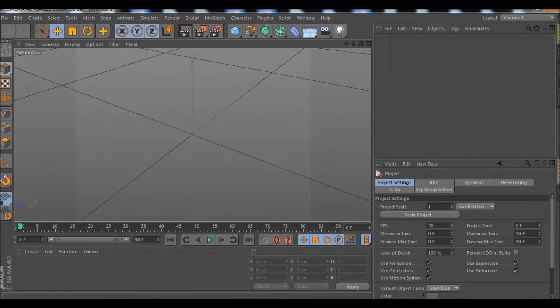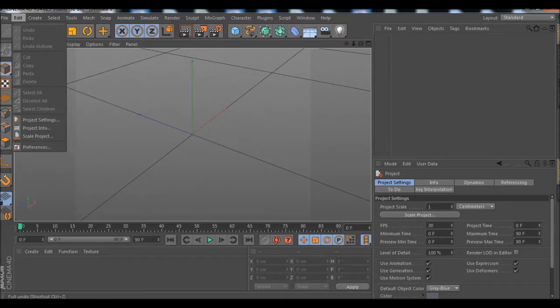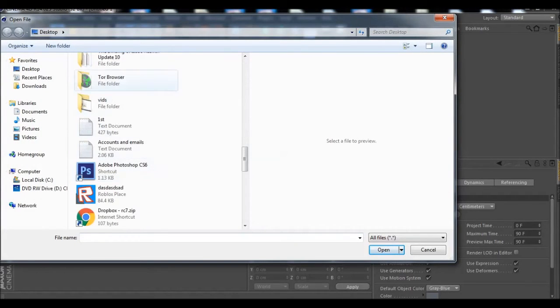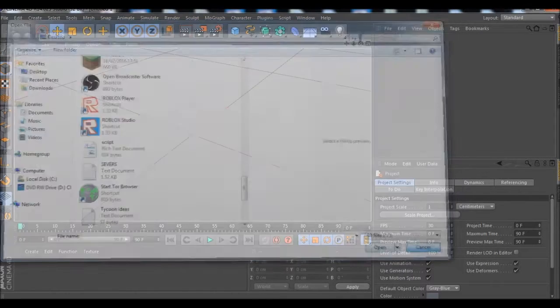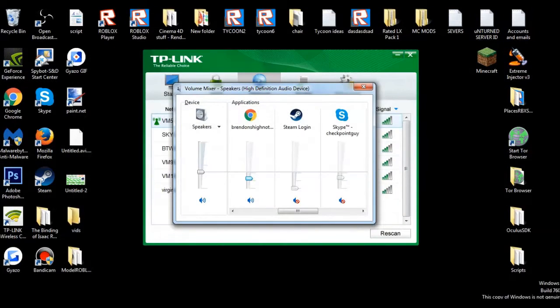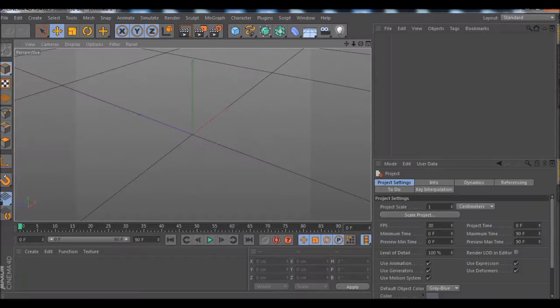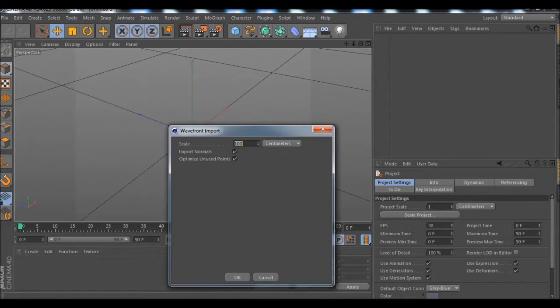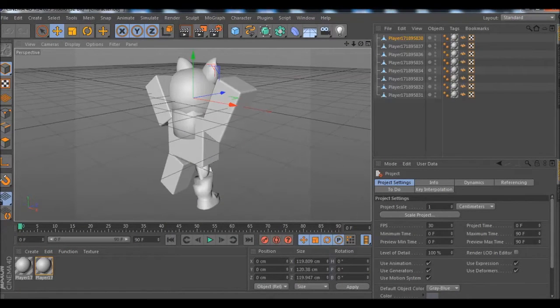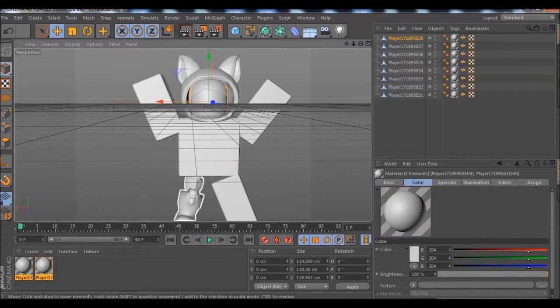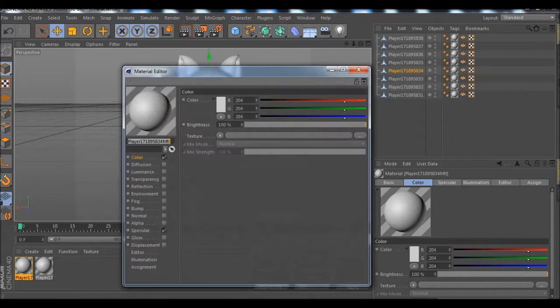So, there's two ways really. You can go on File, Open, and then look for it. Or, you can double click on the folder, and then just drag and drop it in. And then keep that the same. There. Now, there's going to be two textures because the leg is a different texture.